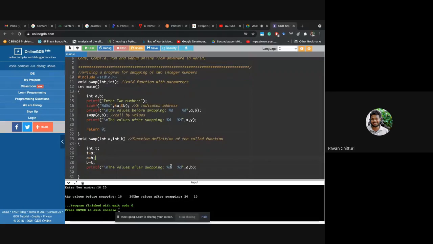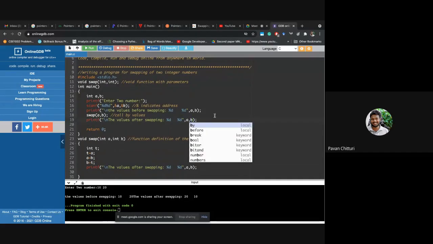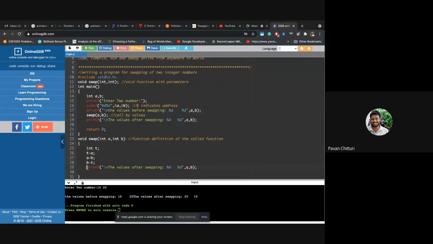So now you tell me what will happen if I print like this now. I'm not printing here, but I want to print the values here. What will happen? Can anybody tell me what will happen if I do like this?